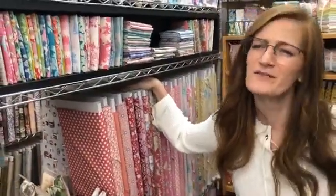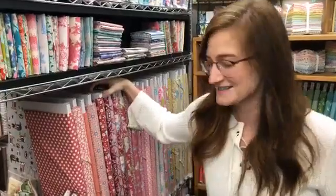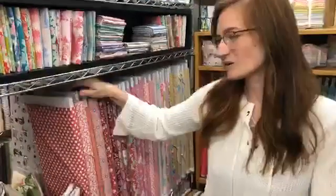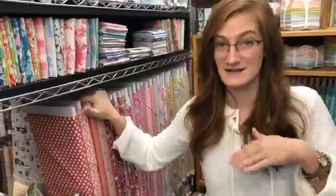Tilda is where are they from? Swedish, Sweden. Norway, Norway. Okay, she's a Norwegian designer, and only within the past couple years has her fabric made it to the United States so that shops could sell her. And we were the first brick and mortar shop in the United States to be able to carry her collections,